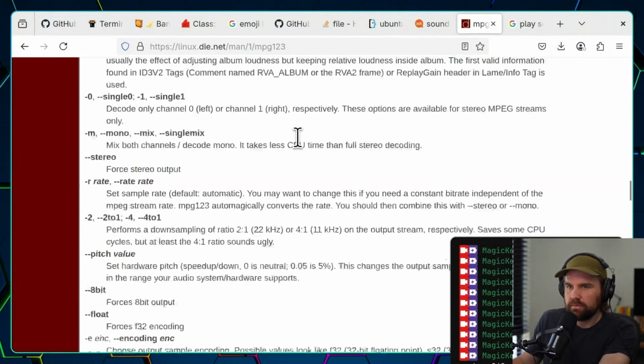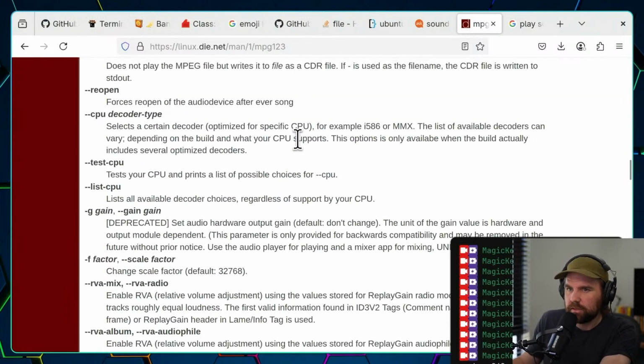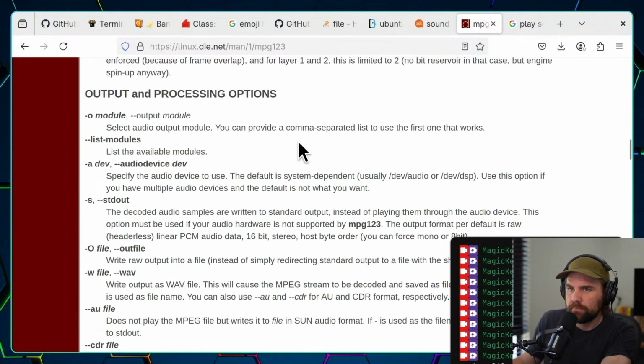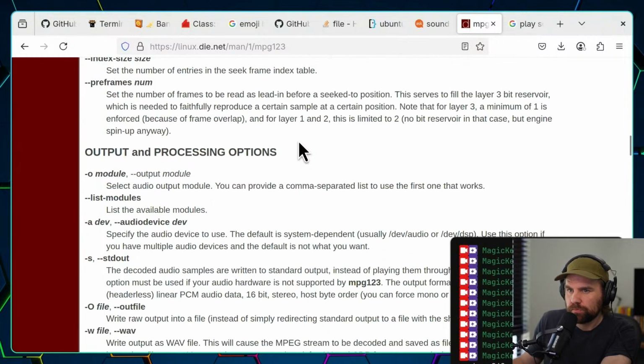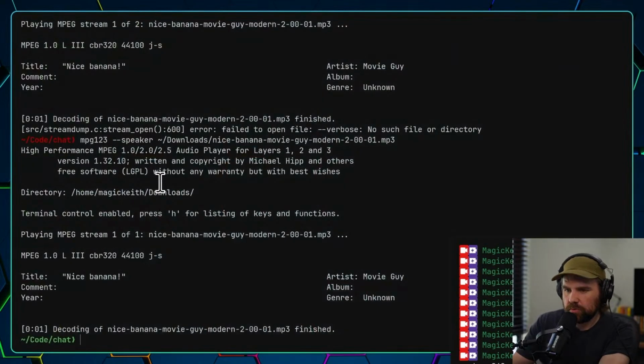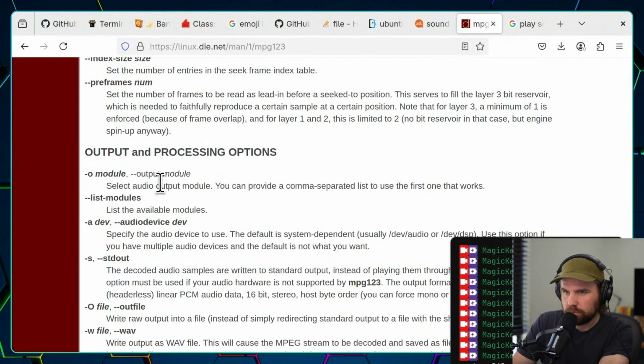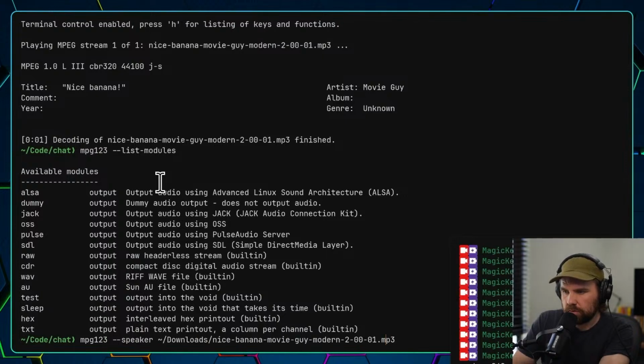How do I get the... It's clearly not going to the right device. That's clearly the issue. List modules. mpg123 list modules. I've got a PulseAudio server. That's what I've got. -o, maybe. -o for pulse.